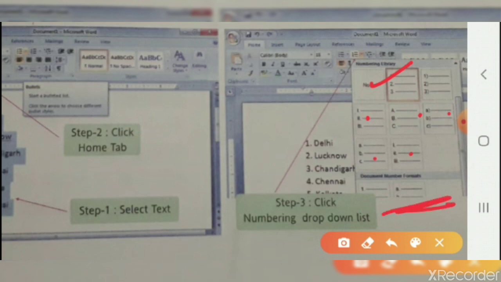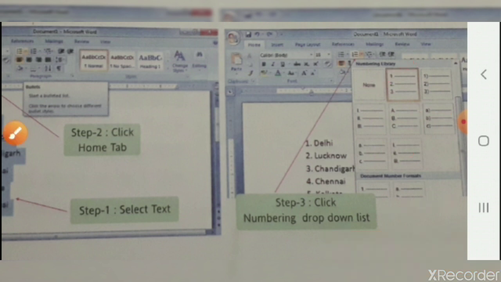From here you can also see more options. The same applies for bullets also. Type the items you want to add bullets to and select them. Then click on the Home tab, and click on the drop down list arrow on the Bullet list. Now we don't have to go to the numbers, we have to go to the bullet list. With the same procedure, select the bullet of your choice and the list is bulleted.